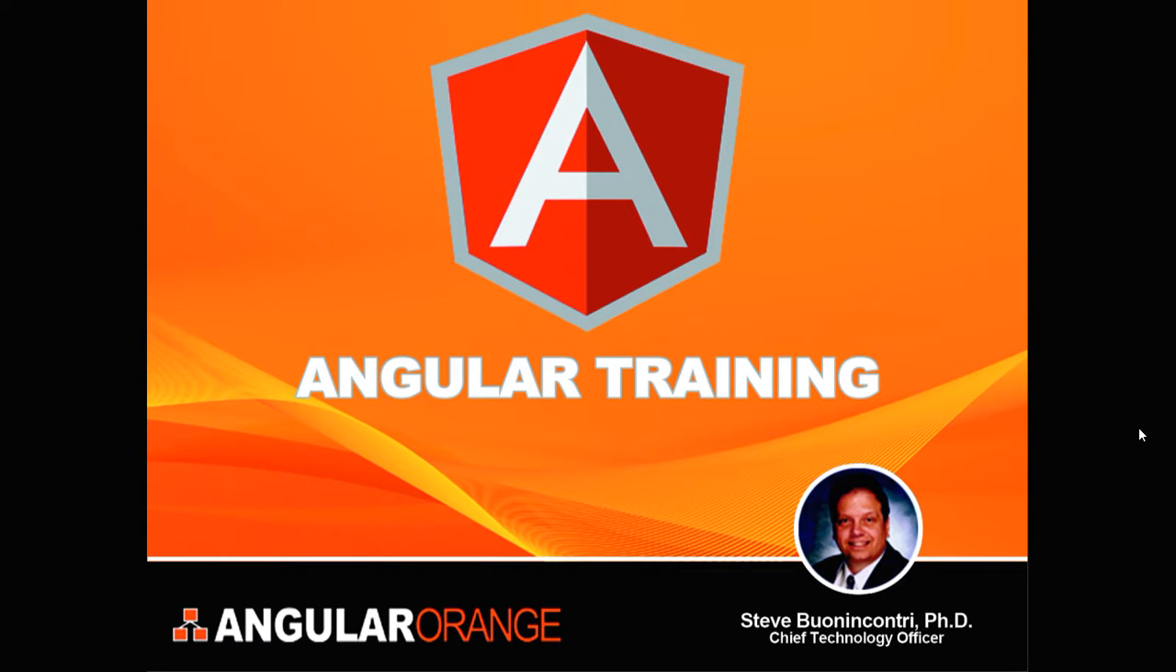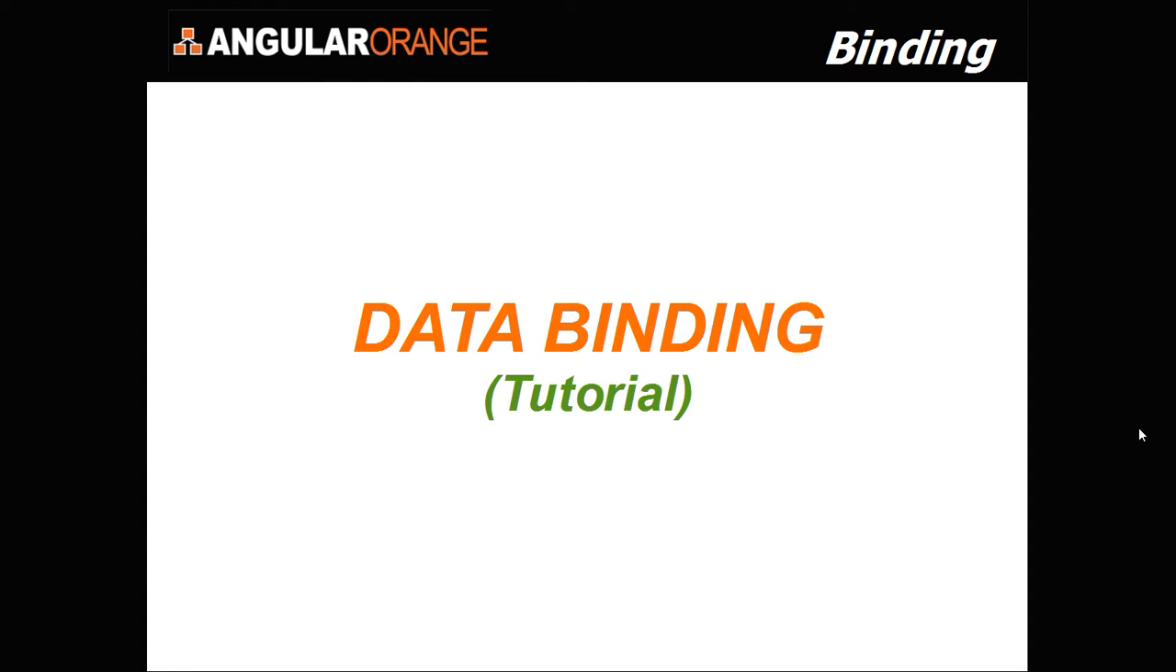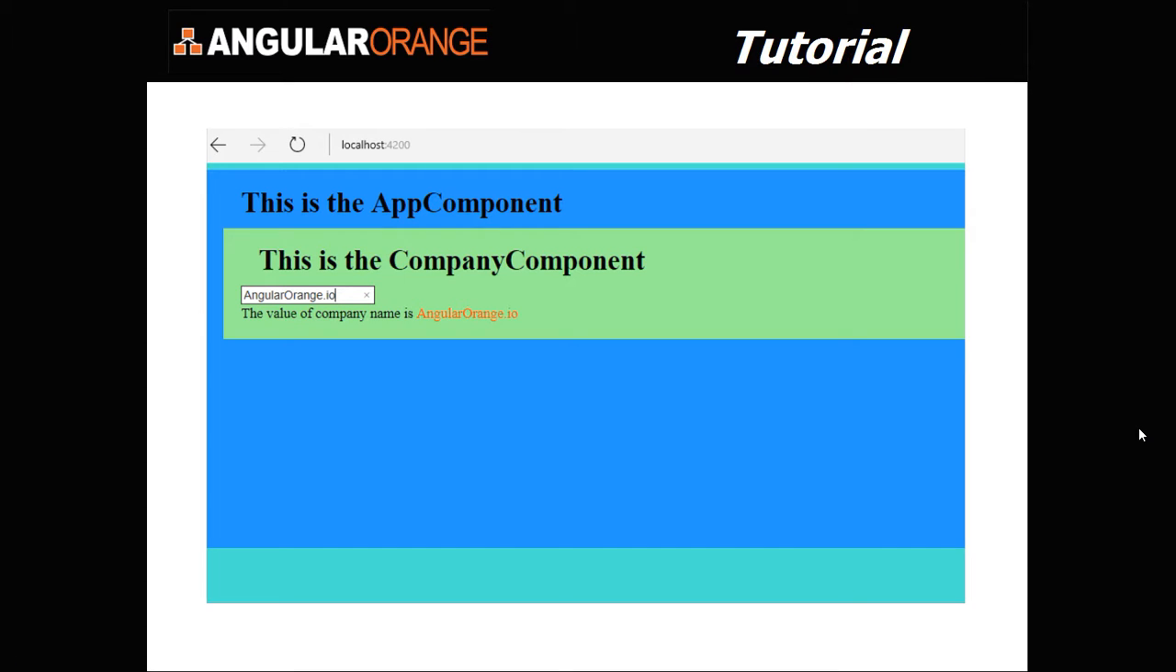Okay, Angular Orange here, giving you a tutorial on data binding. What we're going to do in this tutorial is create a single page application, and we're going to have an index.html which has a background color of turquoise, and we're going to create a root component called app component which has a Dodger blue color, and in that component we'll have a child which is a company